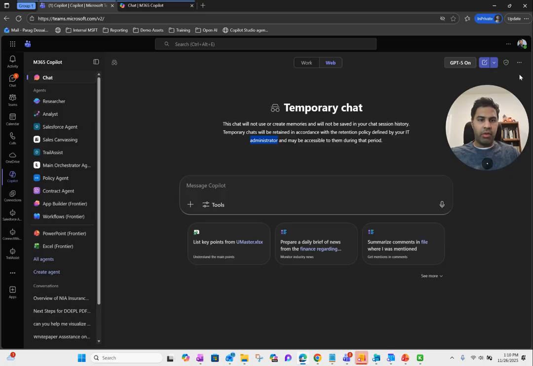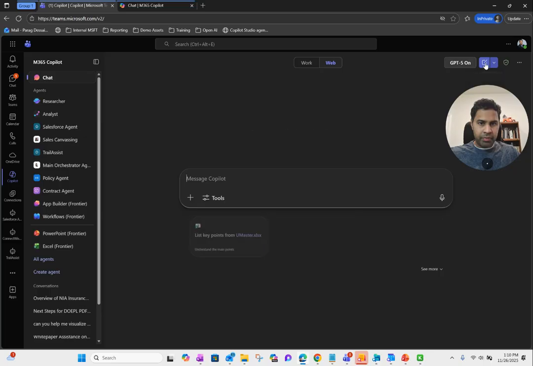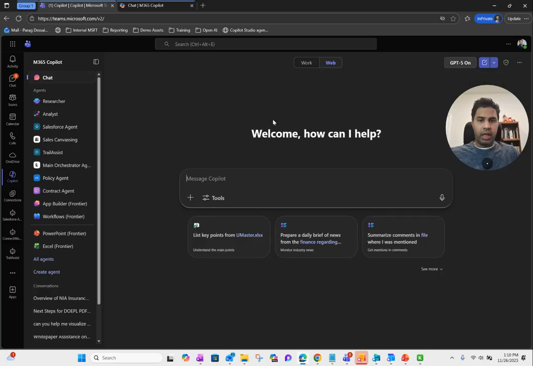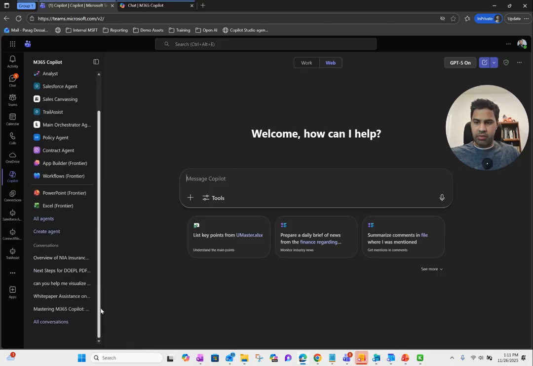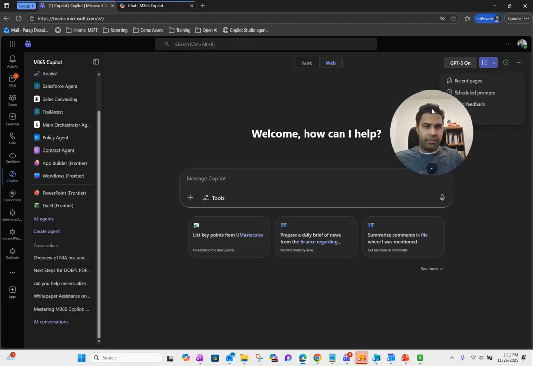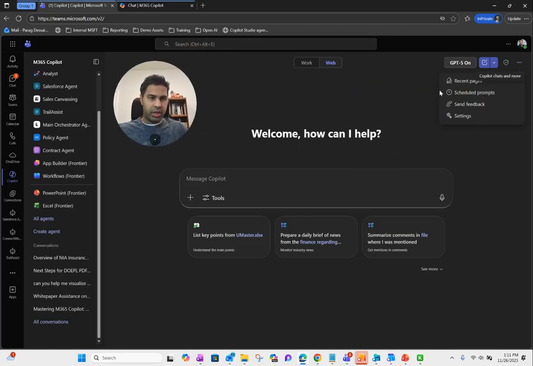So by default, when we are in the regular mode, so let me go back here. When you are not in incognito mode, all your past conversations are stored here. So your history is here. You can go back by clicking here to open one of your previous sessions. But if you go to incognito mode, these sessions are not going to be saved here, similar to your web browser's incognito mode. Okay, so that's that. And then the other options you have is if you click these three dots, you can see